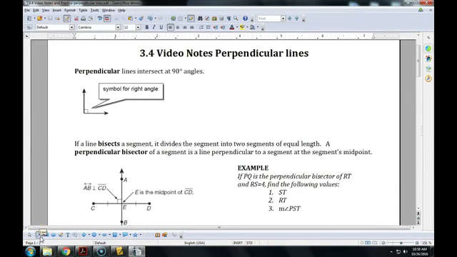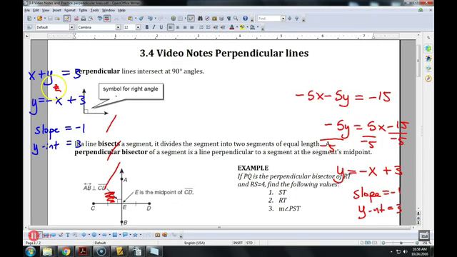All right, 3.4 video notes. We dealt with perpendicular parallel lines in section 3.2. We're now jumping to section 3.4, which is perpendicular lines. Let me just go off the grid and explain what was in 3.3. We don't really feel like it's worthy of having a whole section, and I think I can break it down to you. So I'm going to go off the grid here a little bit,